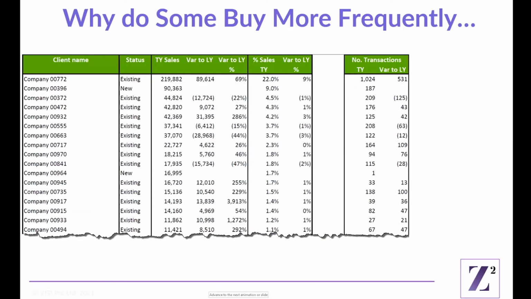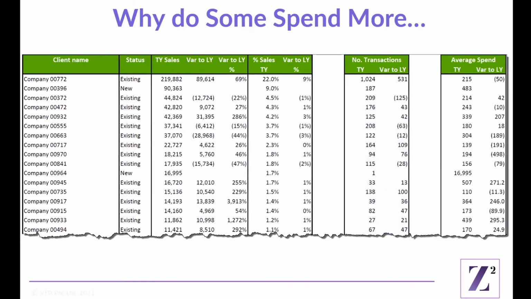We've total purchase volume, broken down into product or service. But what else can we establish? Ignore the new versus existing and the movement year on year for now. What about the numbers of transactions? We cannot really complete the picture until we look at the average transaction value. So looking at the number of transactions and the average spend, we can see some massive differences.